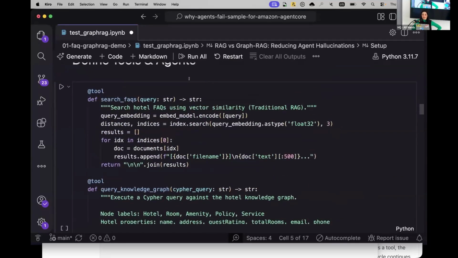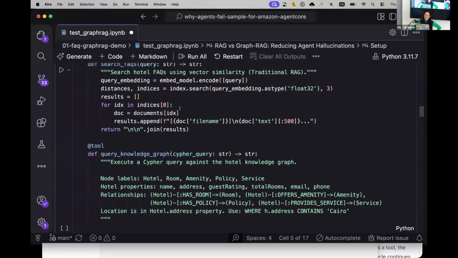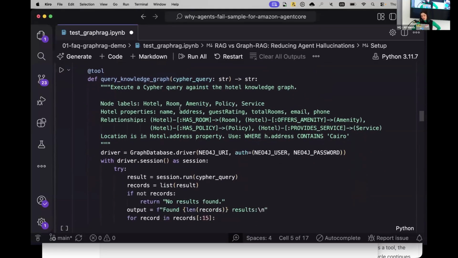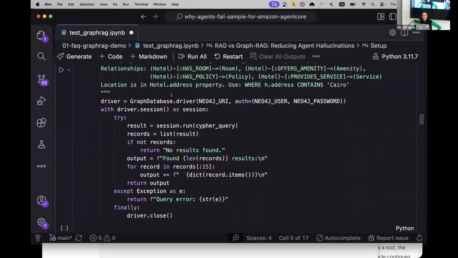This is my simple tool to search my FAQ database using the FAISS vector store. And this is my tool to create the queries for the knowledge graph. I give you the context, this is an example, and that's it. The tools,